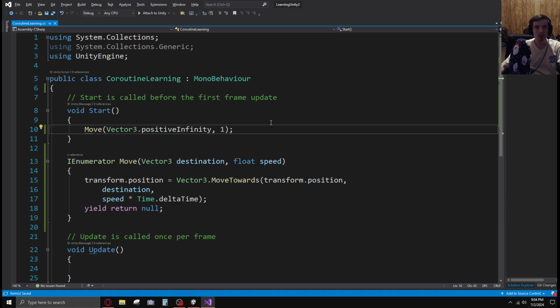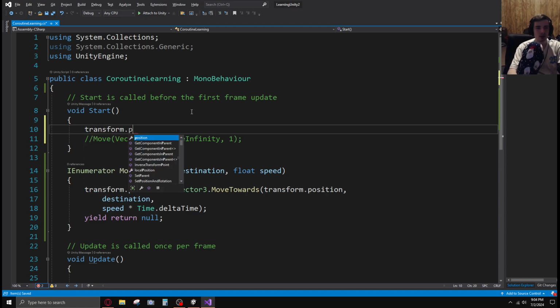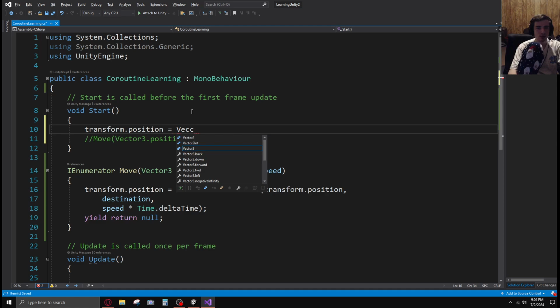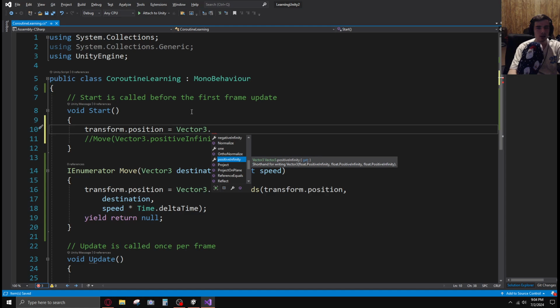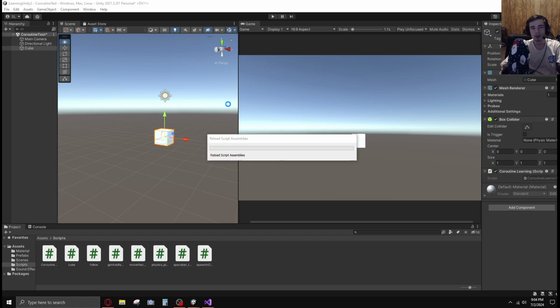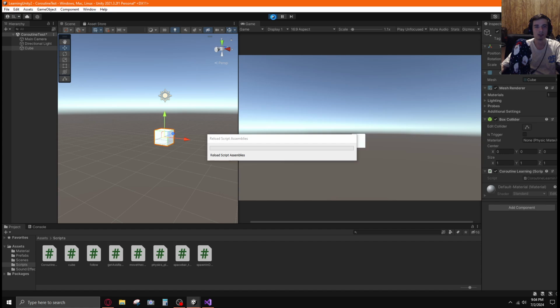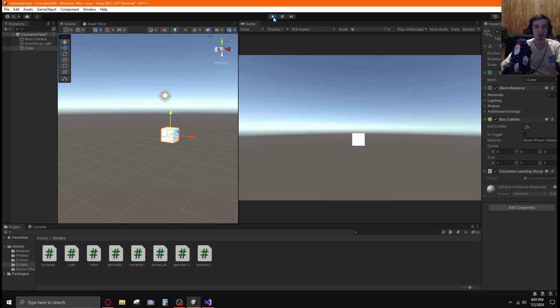Okay. If I do something like this, transform.position equals Vector3.forward. Okay, if I do that, then it should go forward. Well,